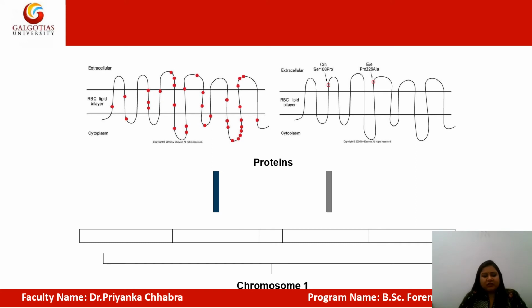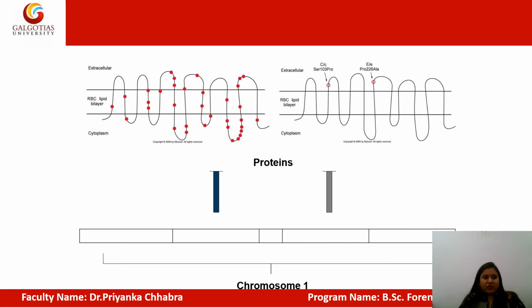Rh antigen structure. Rh antigens are basically proteins having peptide chains which pass through the RBC membrane. Here this is the RBC lipid biomembrane from which loops are passing. They pass through the RBC membrane 12 times, so they are called 12-pass membrane proteins. They are an integral part of the RBC membrane having 6 extracellular loops and 6 intracellular loops, having the amino and the carboxylic end. Apart from that, there is one more loop.